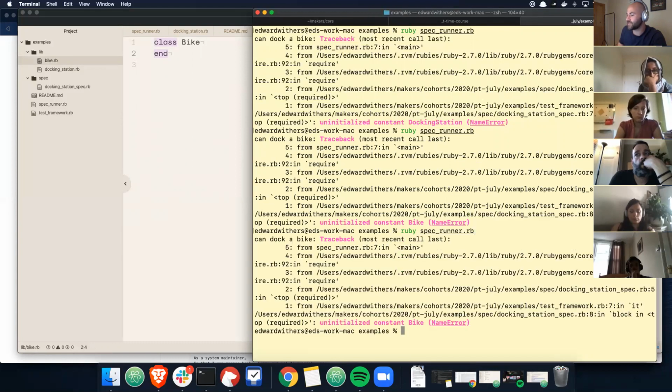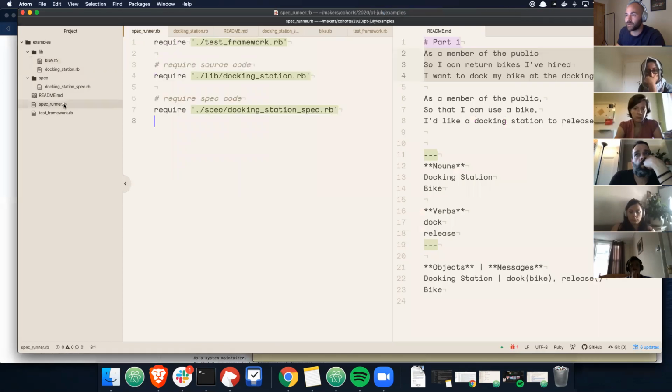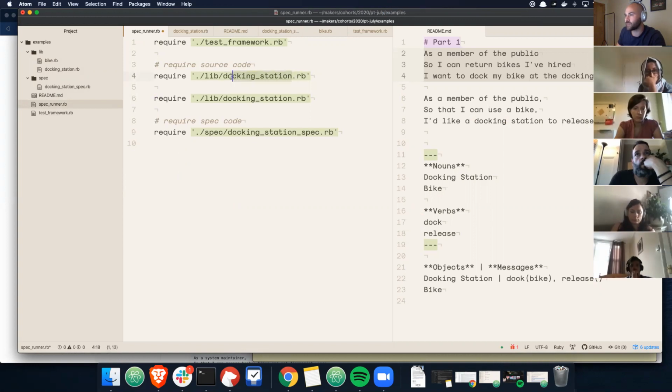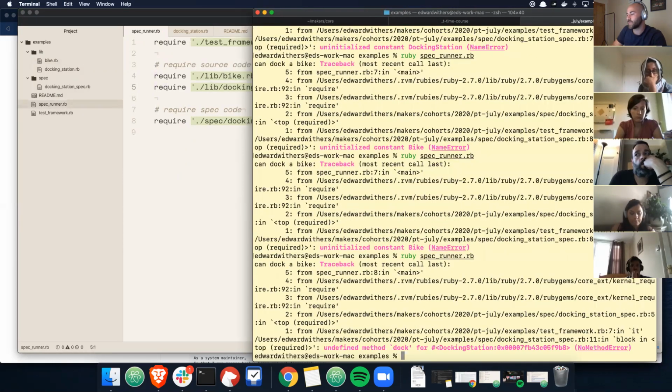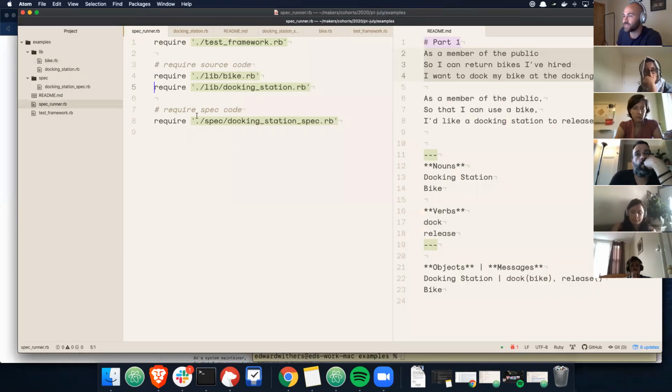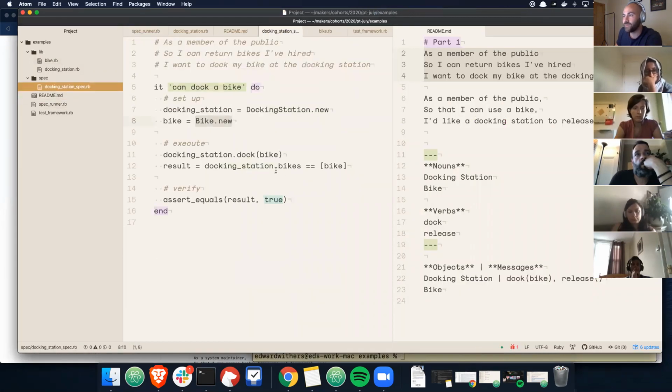Run my spec again. It's still uninitialized, so let's just understand what's happening. We go from our test framework of documentation, spec runner. So I need to add another require statement to load the file. So let's load the file. Cool. So I've now loaded both my source files. I've loaded my spec code. I've run my spec code. And now I've got to this line here,